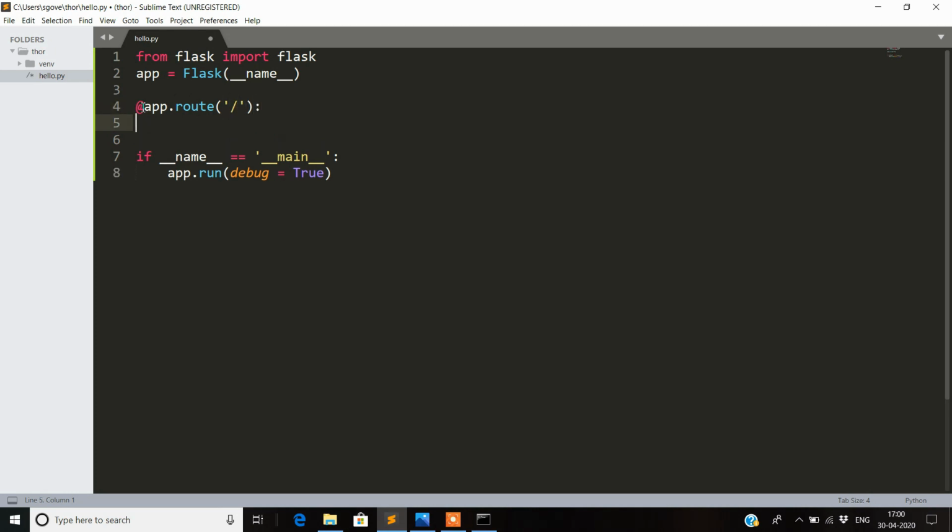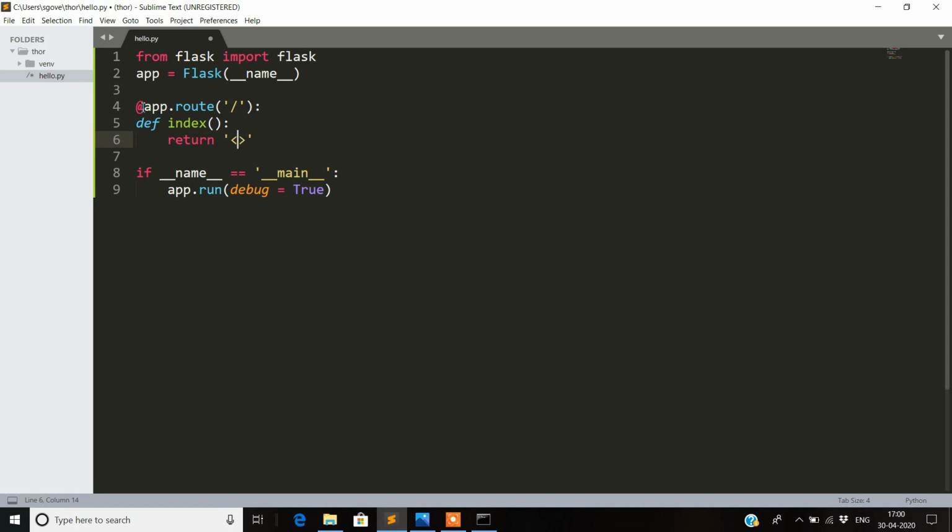Whenever Flask finds the root directory, the main page of my application, I am giving it the name of index.